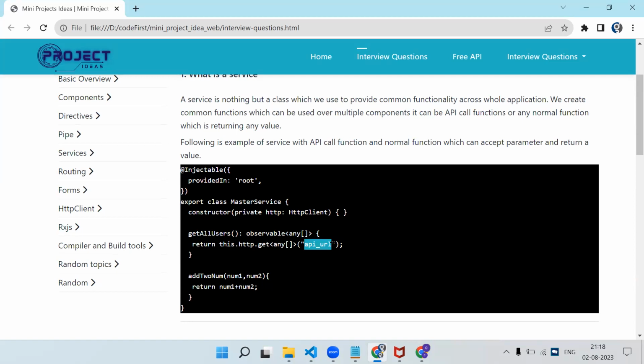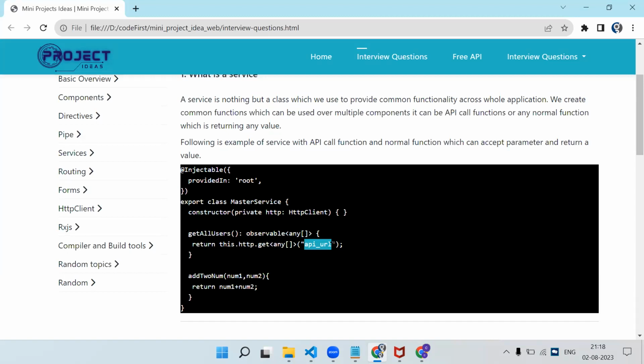Let's say in your application, you are going to need the response of a particular get all users API in all the components or in some of the components. So writing this HTTP call in all the components is kind of a duplication, right? You need to import HttpClient in all the components, and this HTTP dot get with a URL code will be duplicated in all the components.